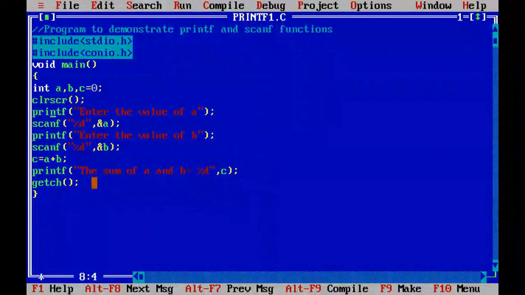The scanf function receives two arguments. You can see number one is %d, that is the format specifier. According to the type of data, this specifier may be changed from time to time. And this is the list of variables. Here you can read the value of a and b at the same time. I'm showing you by making this line a comment.